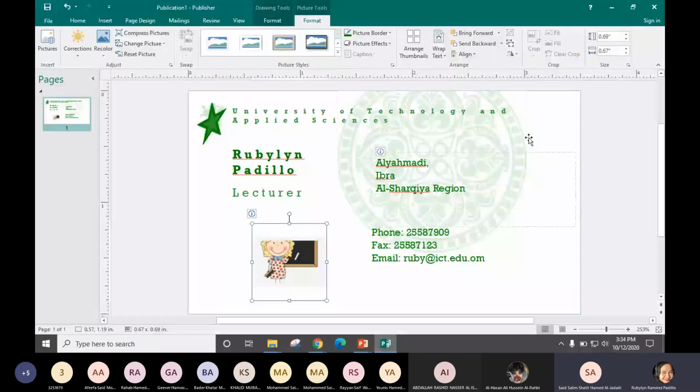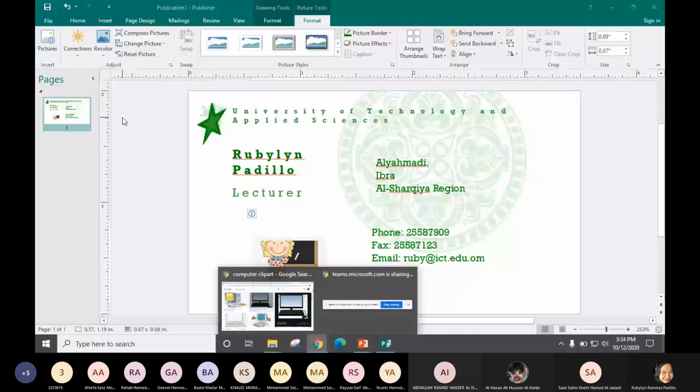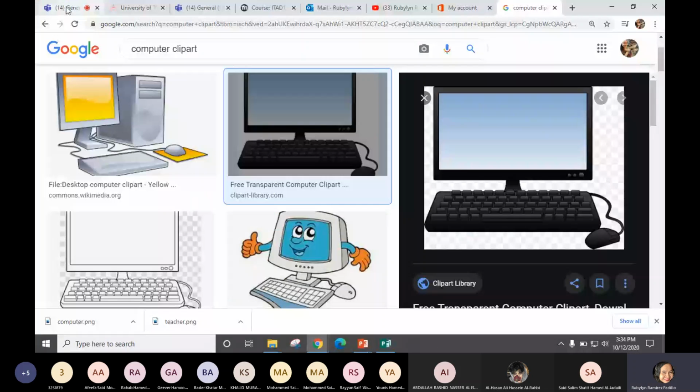Where you want to insert it, you can insert it anywhere now because there's no placeholder for the picture. Okay, so you can insert anywhere you want. Let's insert now the photo.